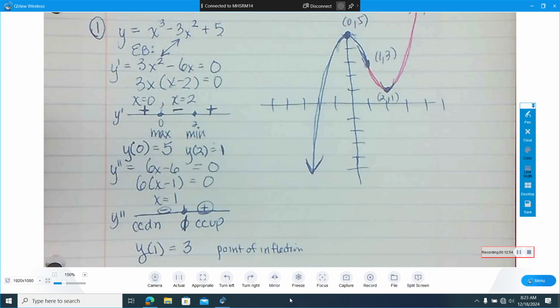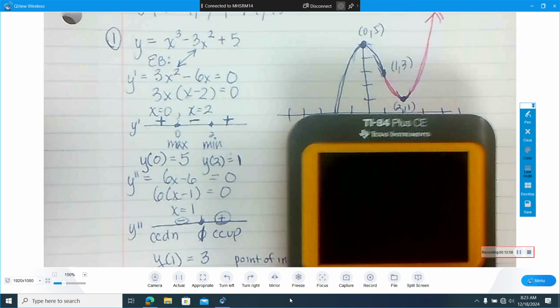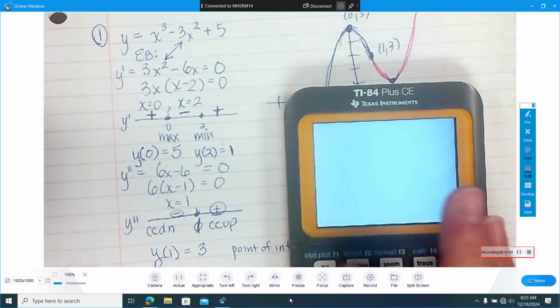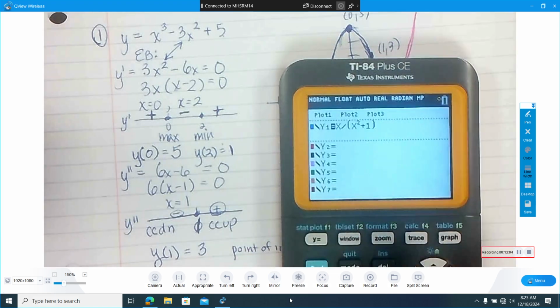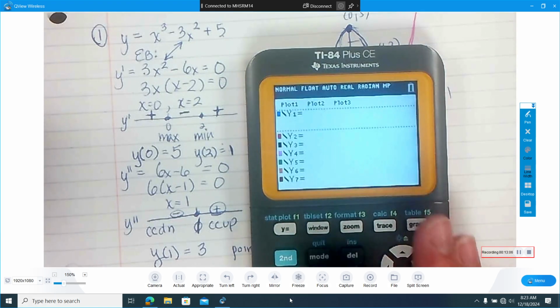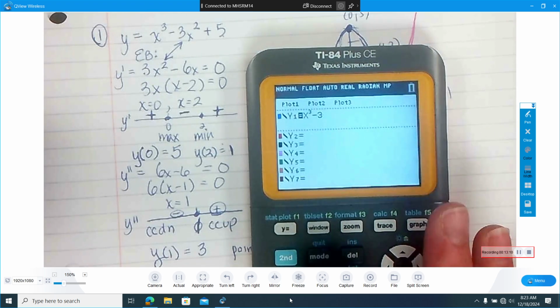Concave down, concave up. That's our curve. Now, if you really want to see, it's kind of fun to compare. I just like doing this because I love graphing functions. I think it's probably the coolest thing about